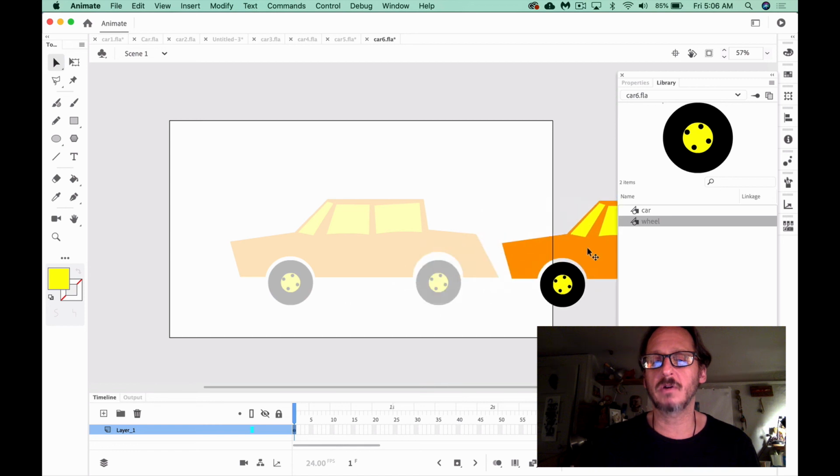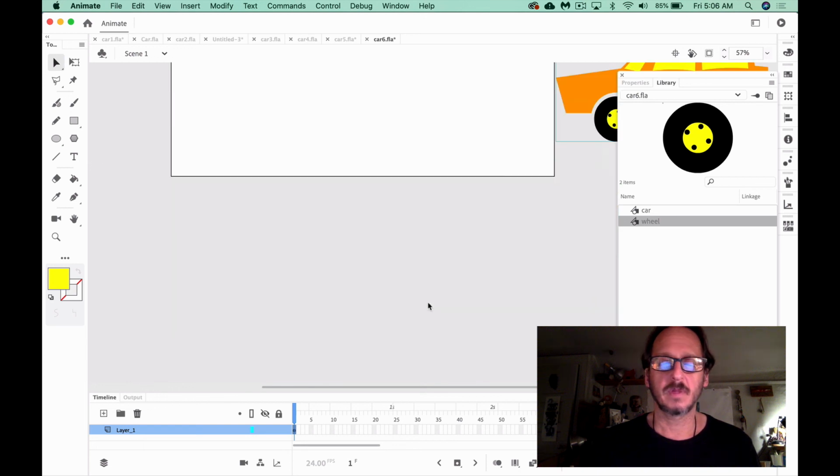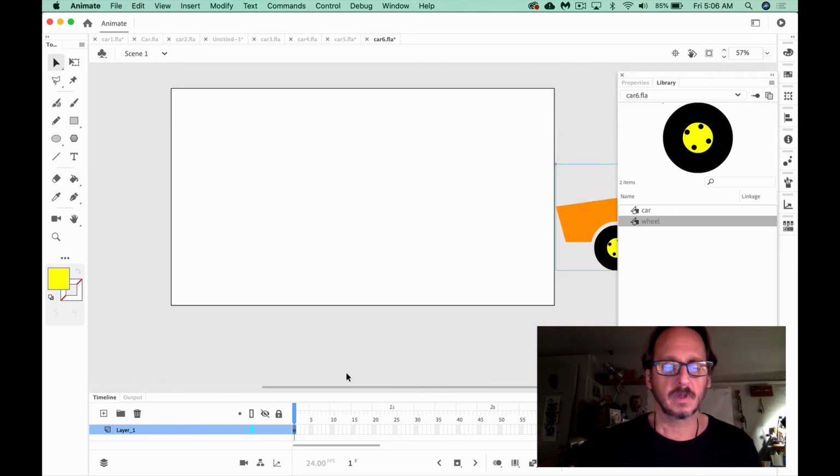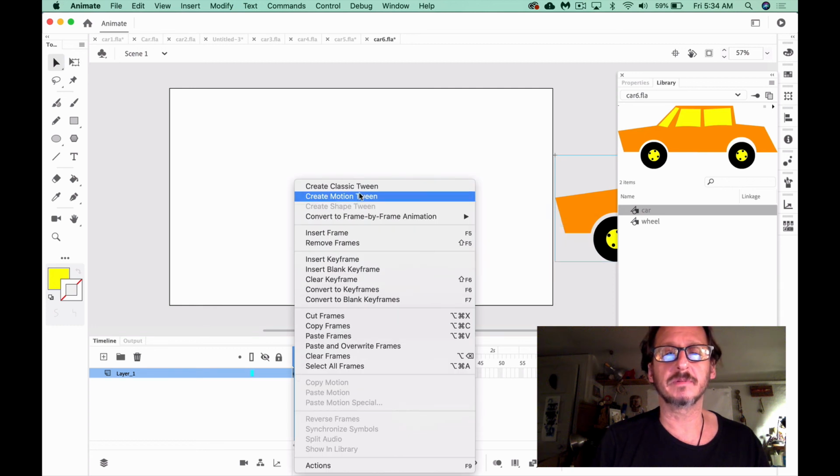I'm going to move that car off to the right because that's where it's going to start its journey. Then, oops, I'm going to go to the keyframe, and I'm going to turn on my classic tween.